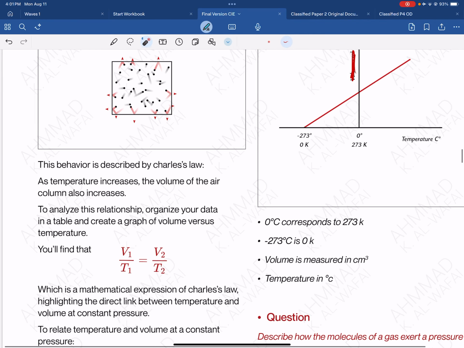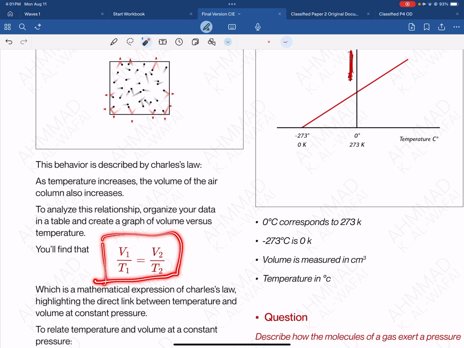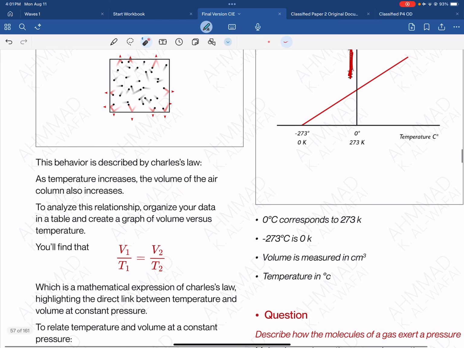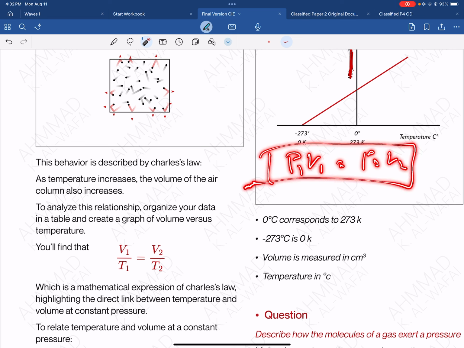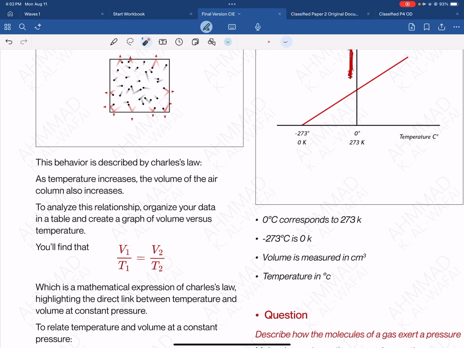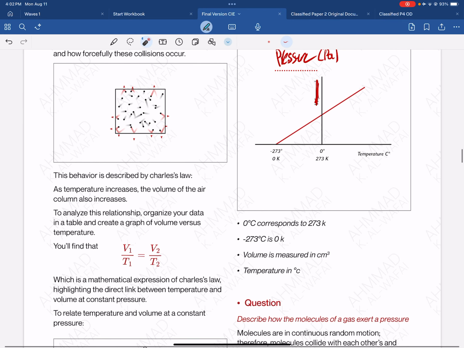As you can see, it's not changed. And for the last one, we have the relationship between volume and temperature. We were keeping the pressure constant while studying these. Okay, so at the end, as we said, this is one law that combines them all: P1 V1 over T1 is equal to P2 V2 over T2. This is mainly used for Edexcel. In Cambridge, we're only going to be using P1 V1 is equal to P2 V2, while knowing the other relationships. Okay, so that's for now. We're going to do another video for